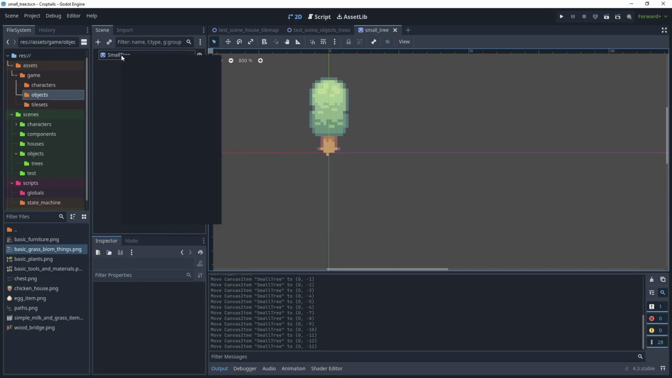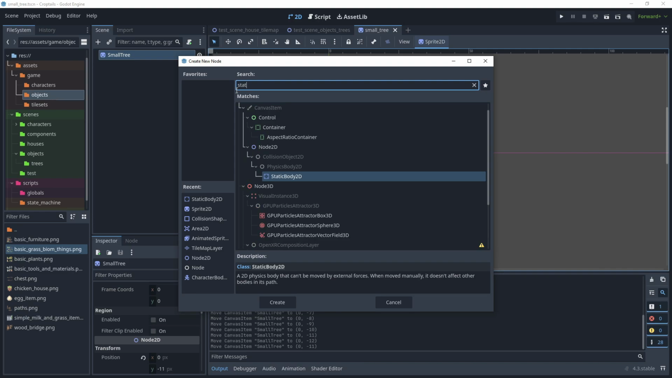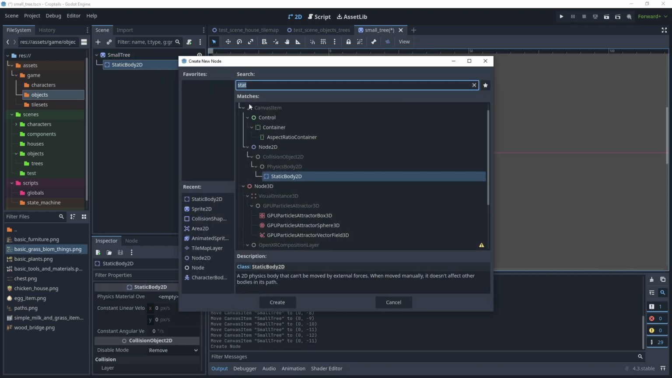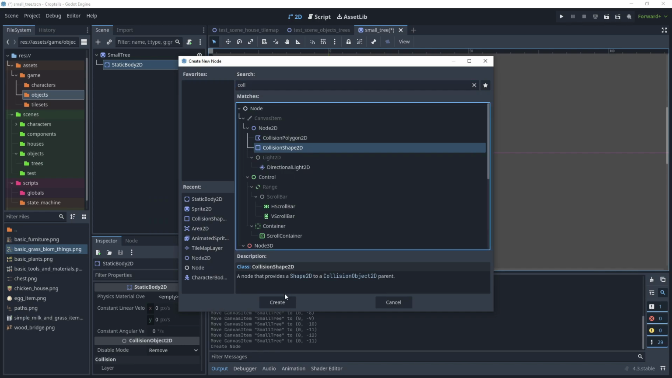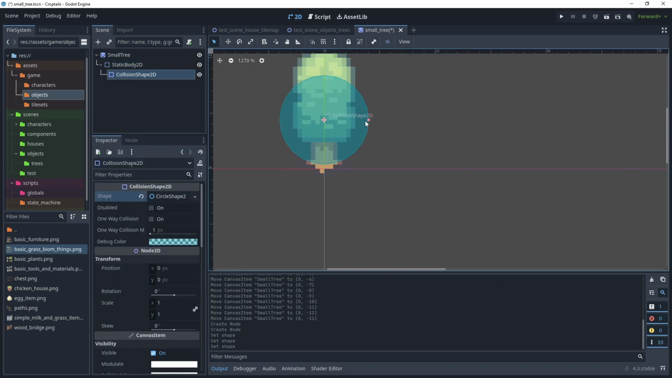Let's add another child node to the small tree. So add child node, then search for static body 2D. Add another child node, and this time search for collision shape 2D. And in the shape parameter, let's choose this circle parameter. Let's reduce the size of that, and then drag it and position it over the base of